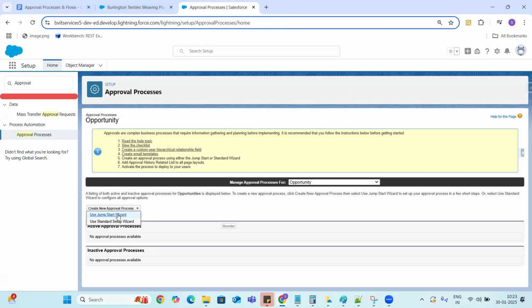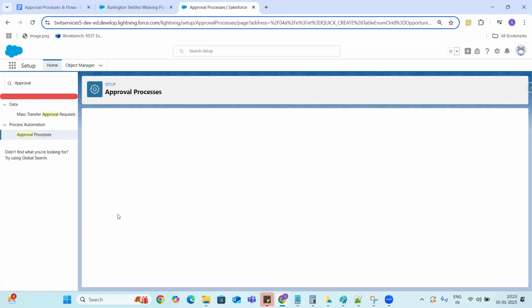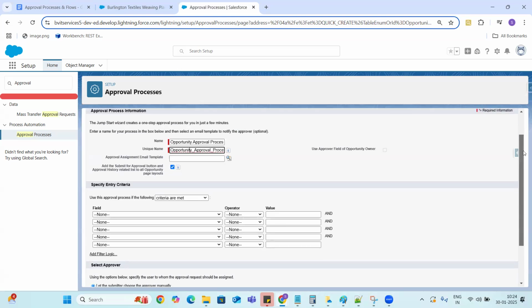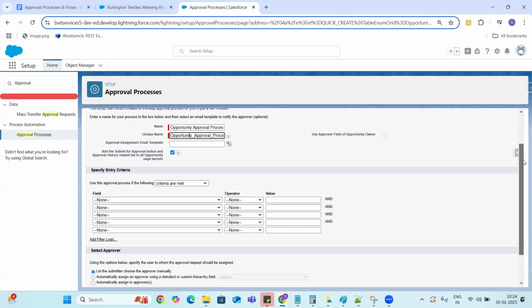So if I go to the jump start wizard, here we are just giving the name. I'm just giving something like opportunity approval process. Then the rest of the fields: approval assignment email template.